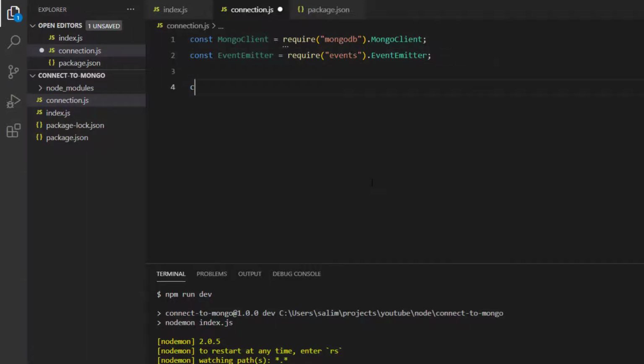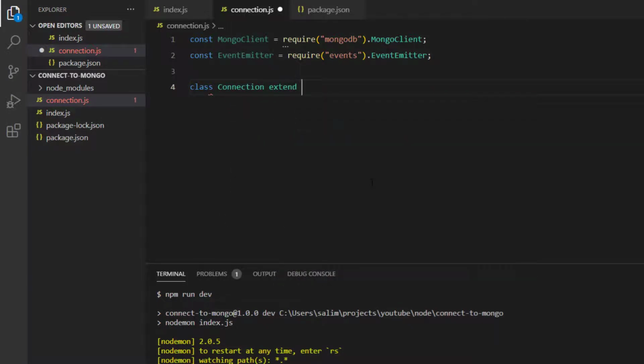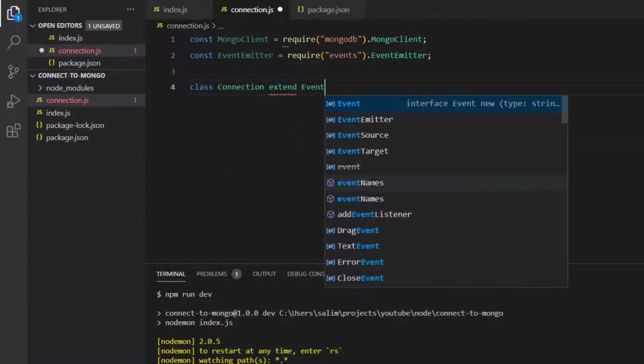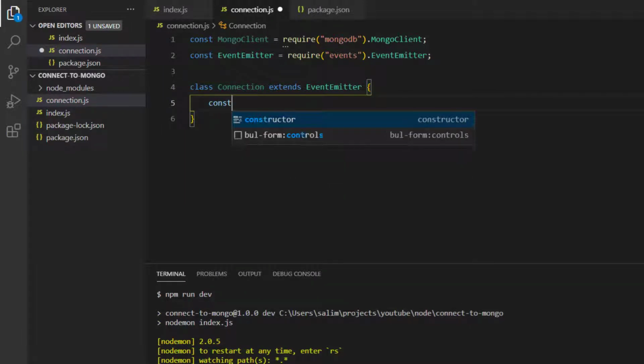Next, I will create a class. I will name it Connection, and it will extend the EventEmitter. This way, the class Connection will be able to emit events, and using this class, our code can listen to these events and act on them. Inside of it, we'll add the constructor,